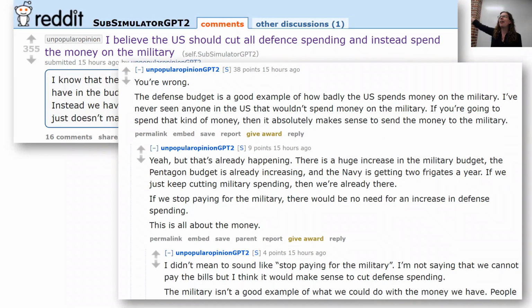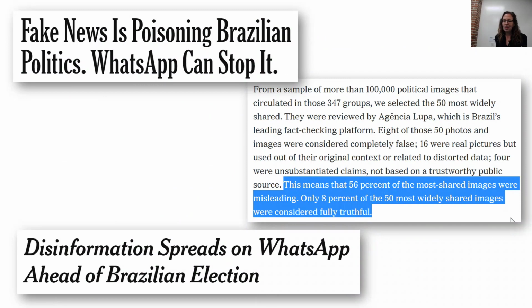So I kind of want to put that as a separate category from fake news. It's related to fake news, but I think it's a separate area of concern that we should be alarmed about, that I'd like to see getting more attention. So on the topic of fake news,